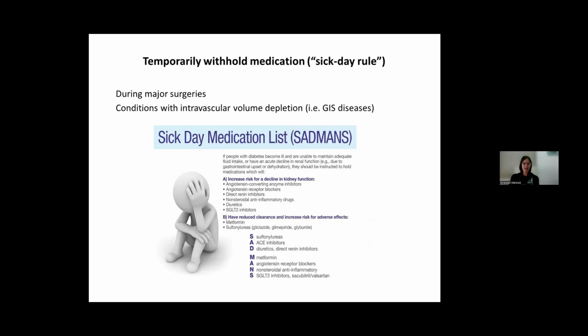And with my last slide, I would like to draw the attention. We have many drugs, all of them lower the intraglomerular pressure and have this slight increase in GFR. And this is the mechanism by which they exert their renoprotection. But we have to keep in mind that in the acute setting of hospitalization and especially of volume depletion, we have to temporarily withhold these drugs, and we should also inform our patients maybe to do so by themselves if they have volume depletion, if they have fever, if they have an acute illness, because I don't know for you, but we can see in our everyday clinical practice with all these drugs that interact and share some common mechanisms,